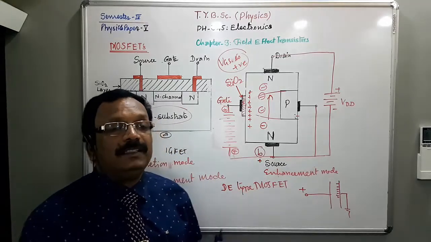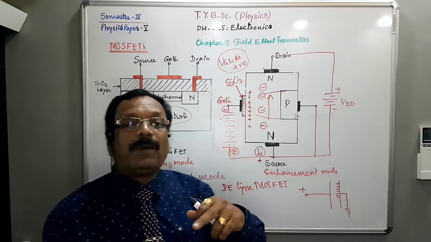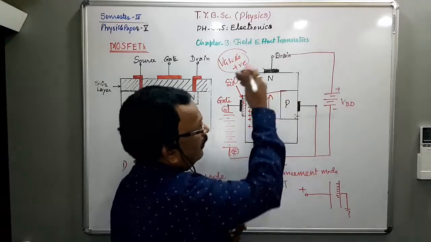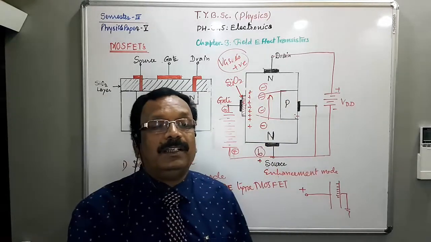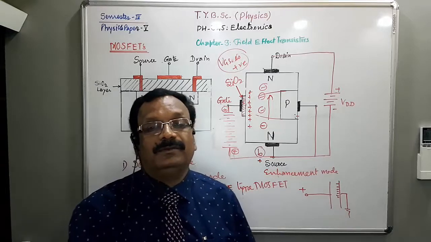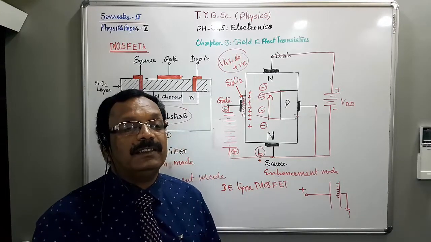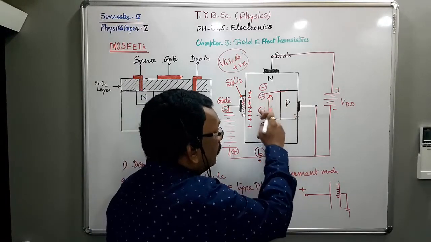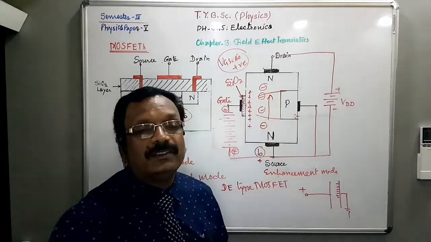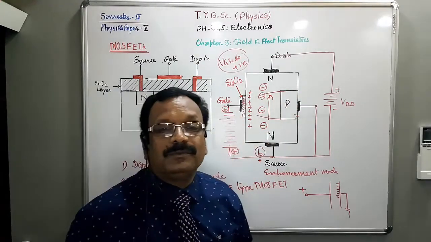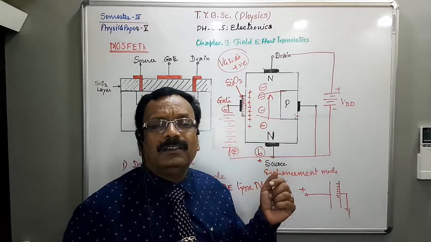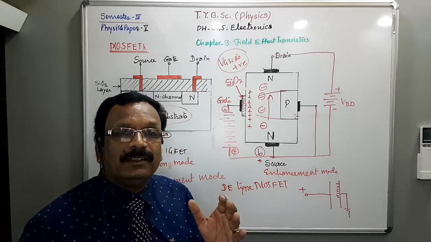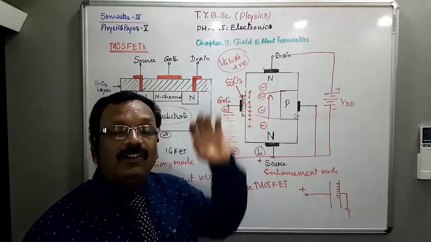In this way, the free electrons in the vicinity of positive charges are repelled away in the N channel, and this reduces the path. This repulsion reduces the path of the current. As a result, the N-type channel is depleted, as the path is reduced and becomes pinched, becomes narrow. As a result, the N channel is depleted of free electrons. That means it is unable to provide free electrons along the path.